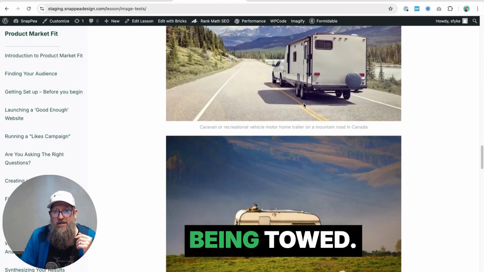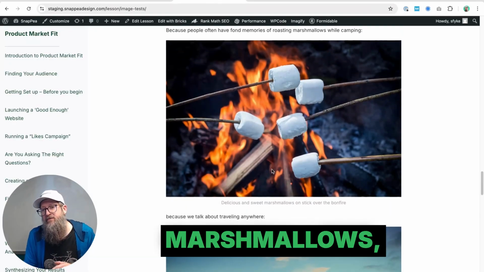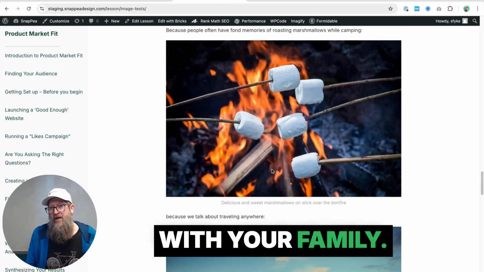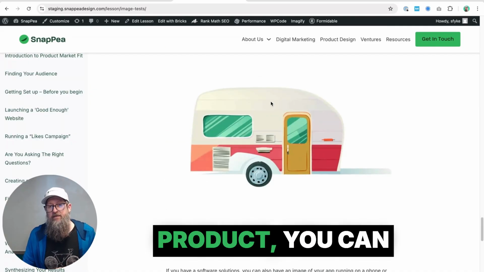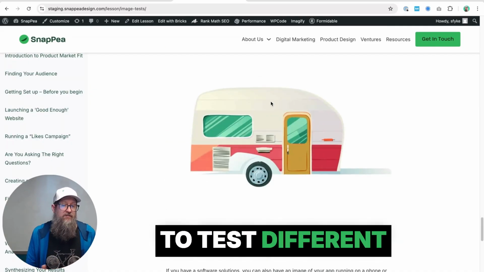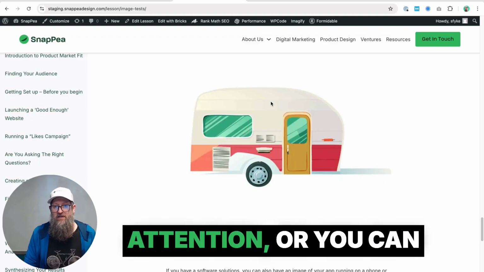So here's a trailer being towed. Here's one out near the mountains. And maybe some marshmallows because you're roasting marshmallows around a fire with your family. There's a bunch of different things that we can do. And if you have a product, you can actually use this to test different variations of your renders. So if you want to try different colors and you want to see which one drives the most attention,